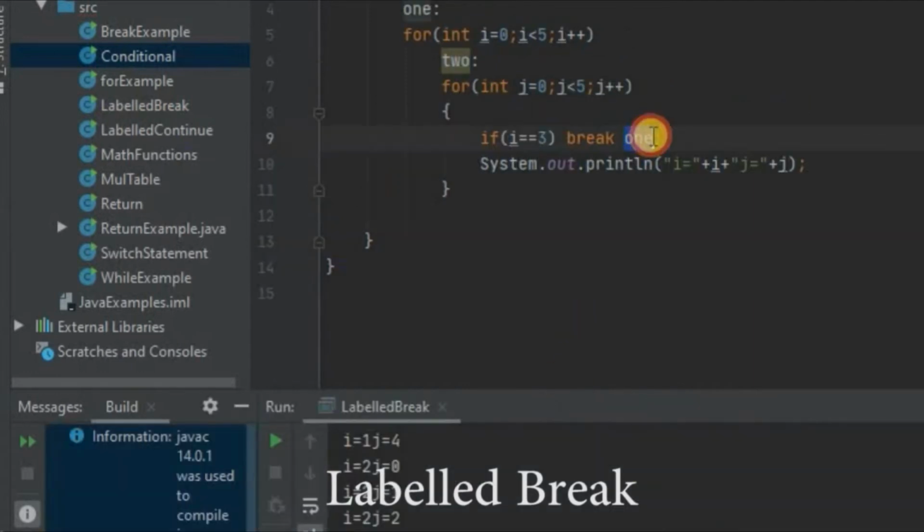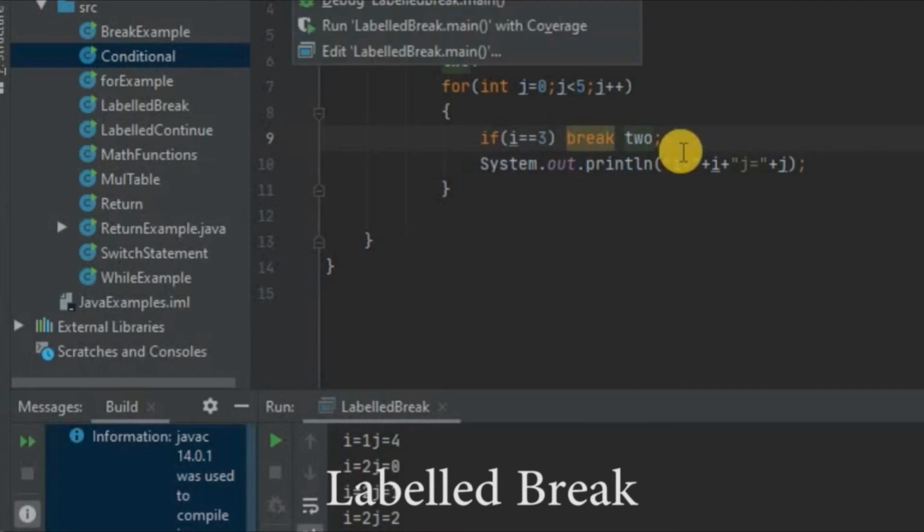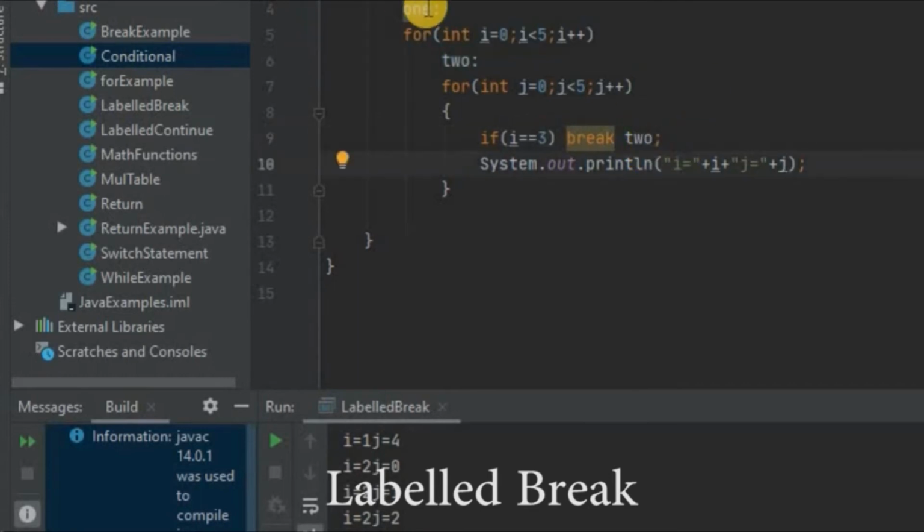That you have to remember. So we will take break 2. Then we will see what happens. Break 2. We are not moving to label 1, we are moving to this label which represents the second or inner for.